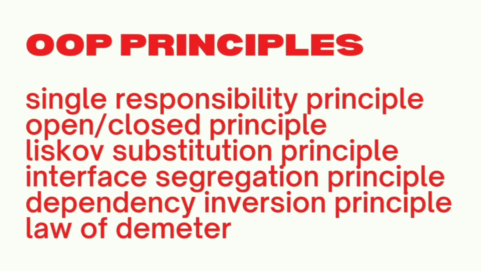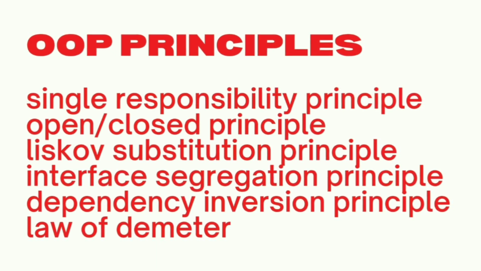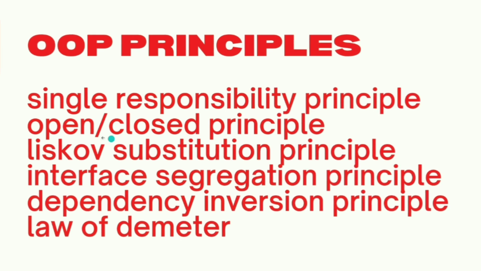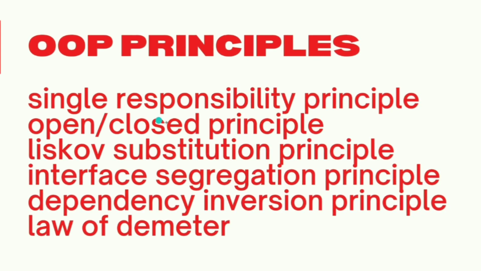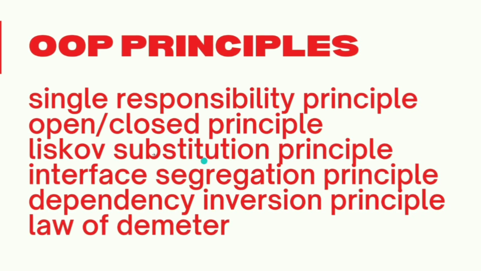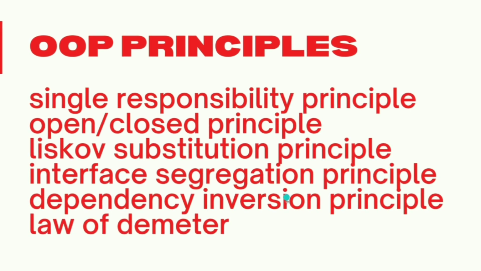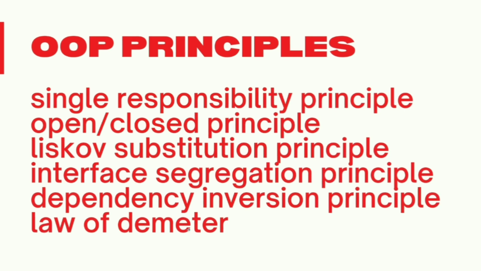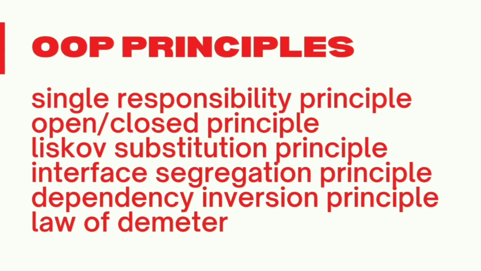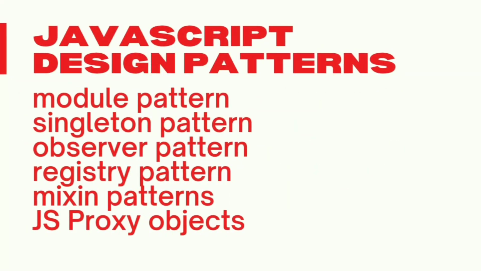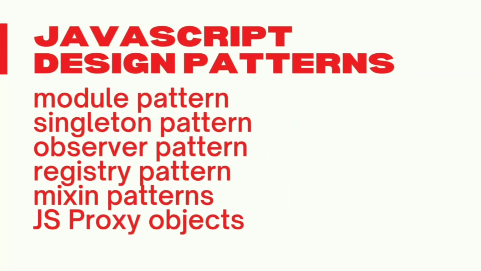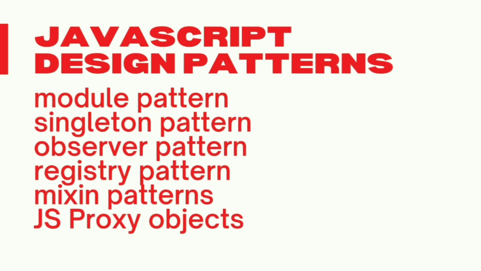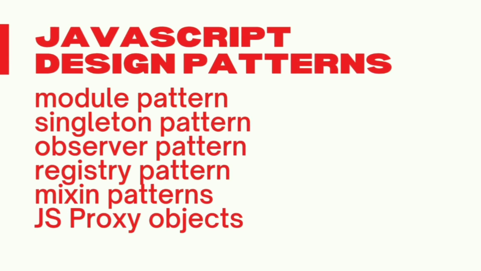We talk about the 5 SOLID programming principles. These are very famous 5 principles: single responsibility, open closed, Liskov substitution, interface segregation, dependency inversion, and then I threw in a different object-oriented principle also at the end, the law of Demeter. So these are all about rules that some people follow when writing class-based or object-oriented code. And then we talk about design patterns, a really important section right at the end. I cover a handful of different patterns that have names, like the module pattern, singleton, observer, registry, and the mixin pattern. And then we talk about the proxy pattern,